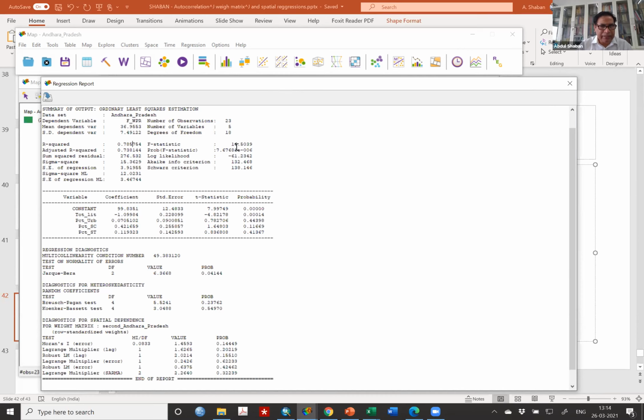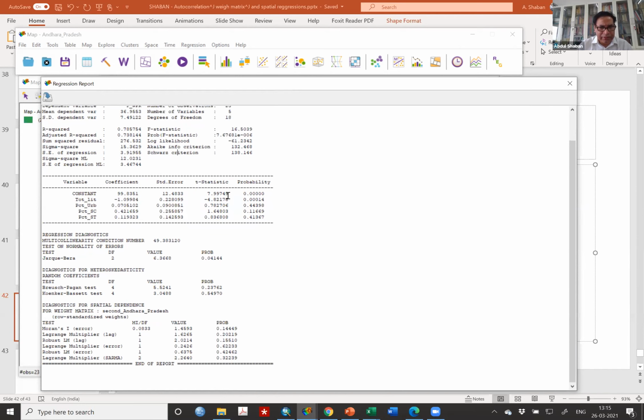I'm not looking at any other things because these are significant. Akaike information criteria, Schwartz criteria: because there's no time, I'm not going to detail them out. But look at this one, a very important thing. R squared is 0.785. Here lie the values which are your coefficient or slope values. Look at the coefficient value, standard errors, T statistics, and the probability values, the P values. Now look at the constant. So this is the average. Actually, we don't interpret much in this unless you have to estimate a forecast.